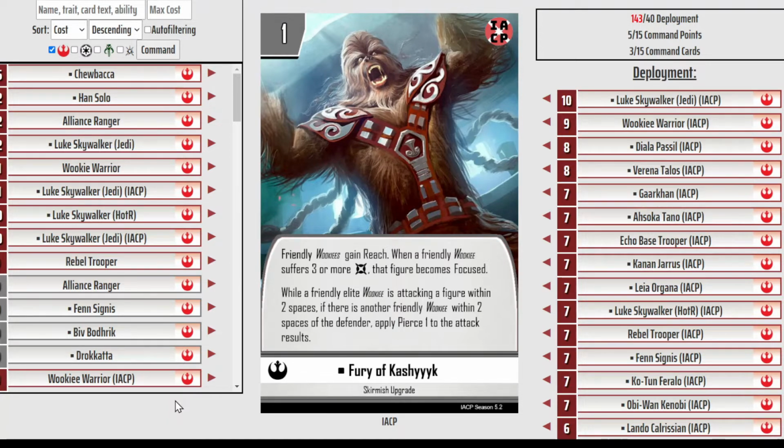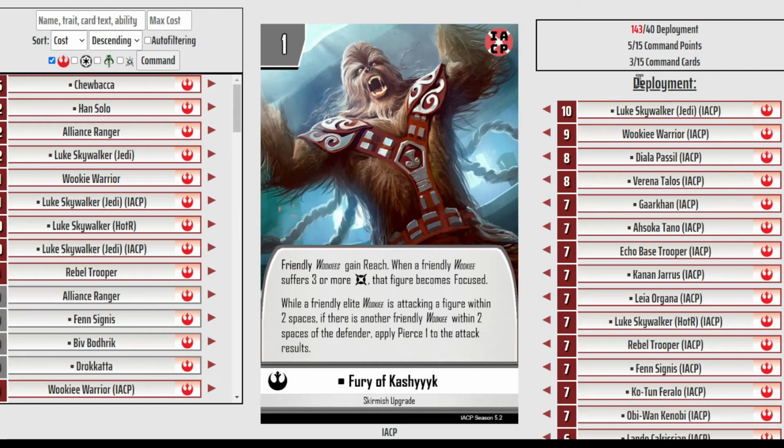And while a friendly elite Wookiee is attacking a figure within 2 spaces, so only elite, so this doesn't apply to regular Wookiee Warriors or Drakata, because those are gray bordered. But Chewbacca, elite Wookiee Warriors, Garkon. Oh no, wait, Garkon's elite in IACP. So yeah, if there's another friendly Wookiee within 2 spaces of the defender, you apply Pierce 1 to the attack results. So basically, if they attack as a pair or as a group, they'll get an extra Pierce 1